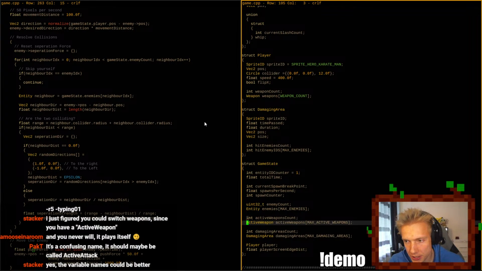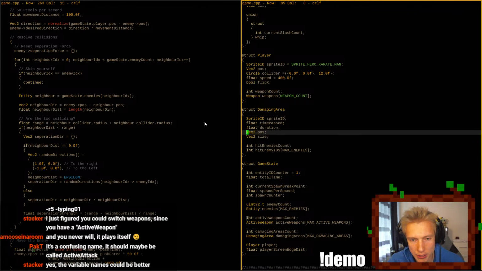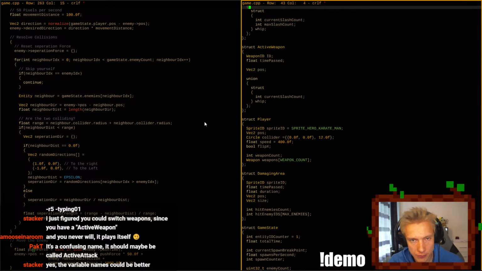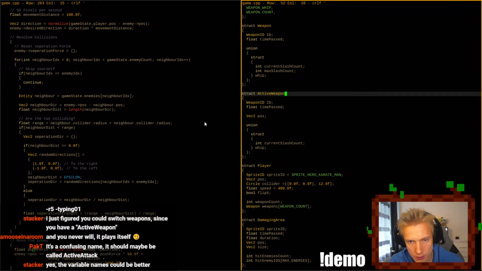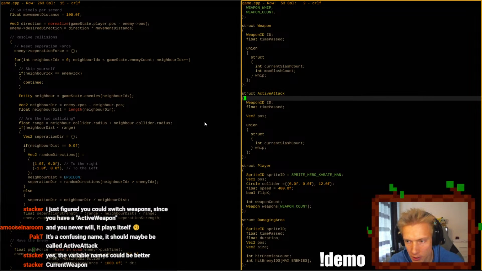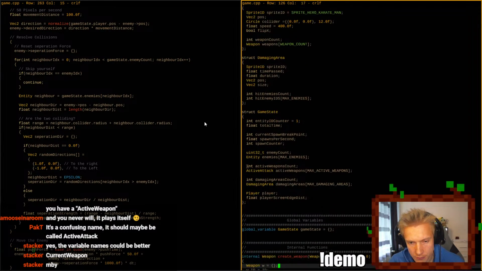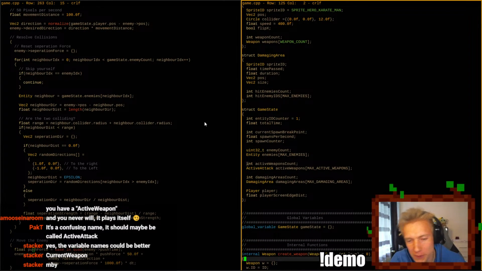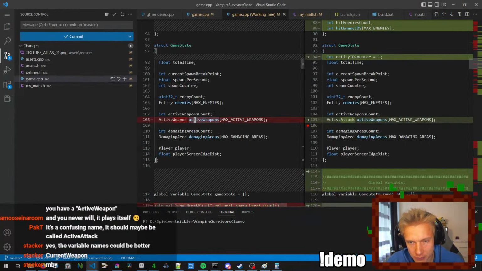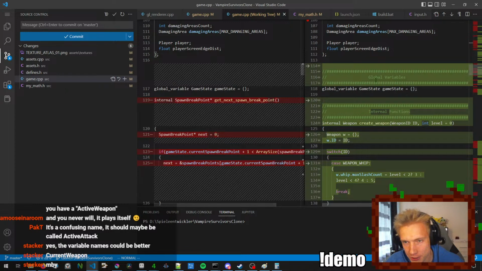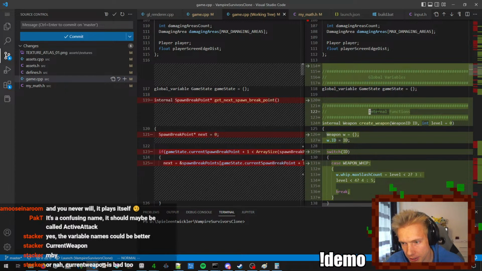The variable name is confusing. Maybe it should be called active attack. Okay, let's call it active attack then. I think that's fine. That's a good idea. From a weapon ID. See, I love these cleanup sessions for coding. I love that. Awesome. So I added in these states, by the way, these separations.